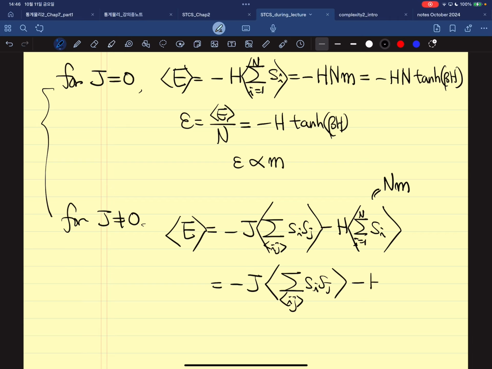So even if we can calculate this part, it's not sufficient to calculate this average energy because we still have this highly non-trivial term. So even if we have this one, to calculate this, we have to actually calculate this from